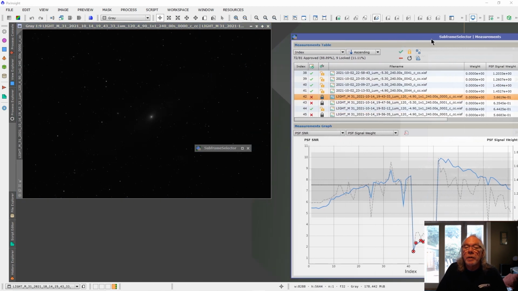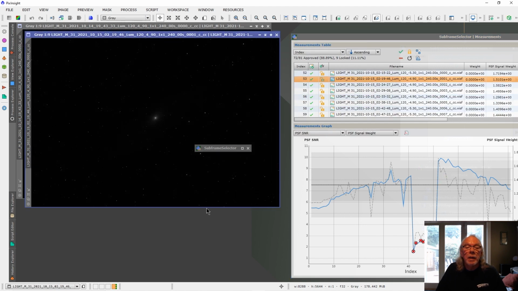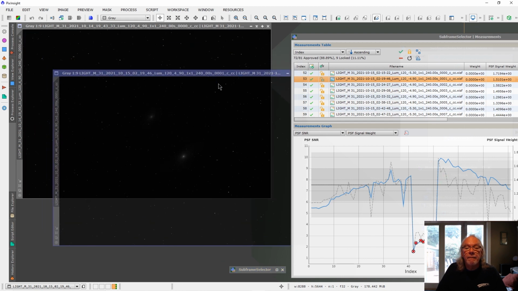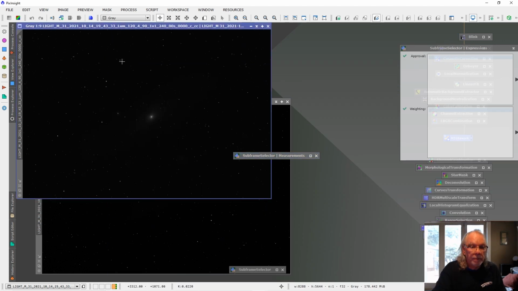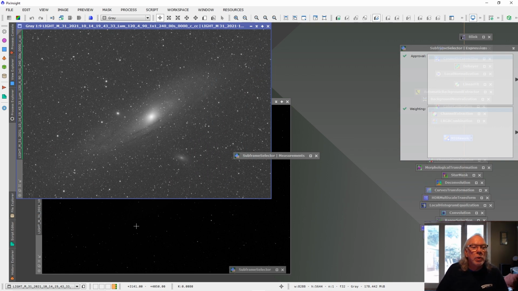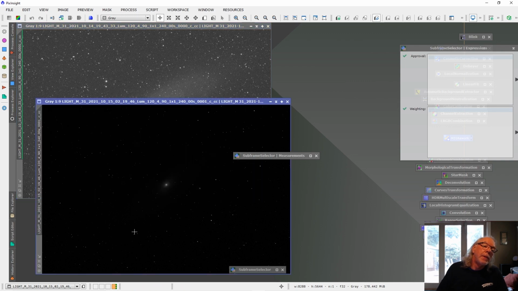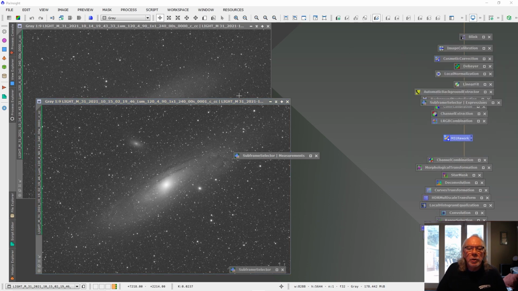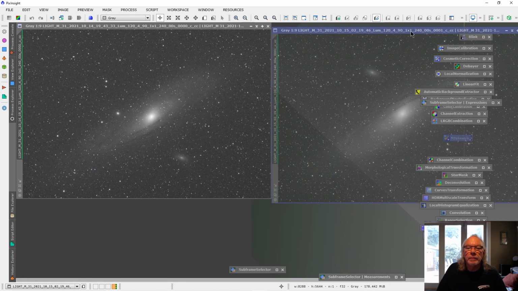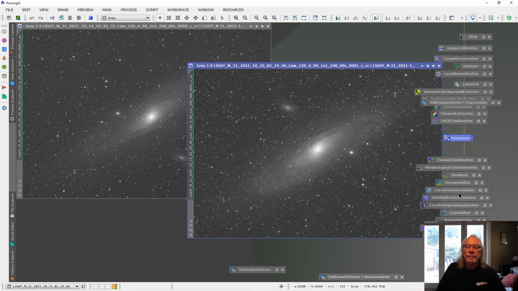So there's 42, and let's come down here to 53, and let's move that down there. So let's take a look at this one. That is frame 42, I believe. And here is, what did we say, 53. Let's put this down. So the question is, if I'm doing a visual inspection, can I really tell the difference between these two frames? And I think I can,